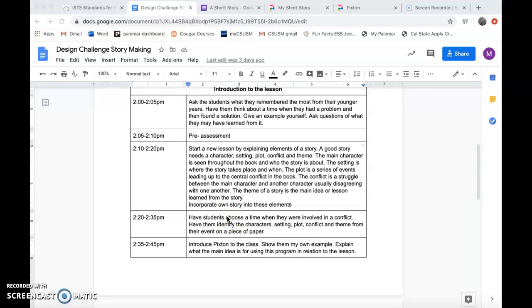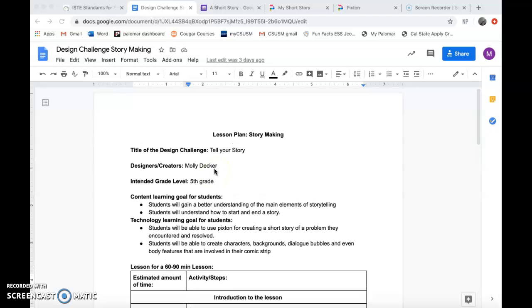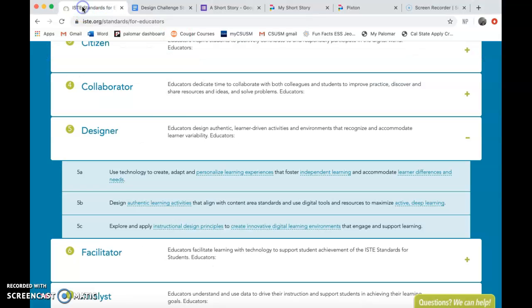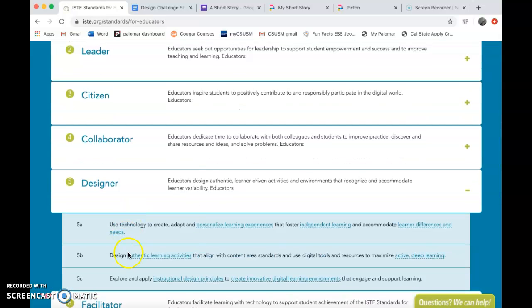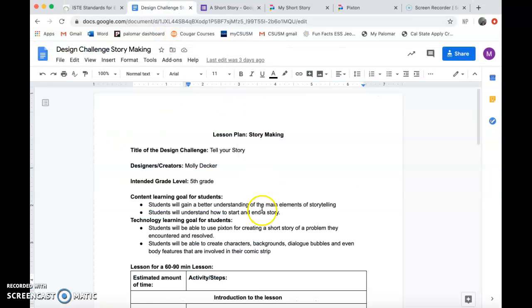Today's design challenge is for 5th grade students making a story of their choice using Pixton. The story is going to address the ISTE standards for educators of 1A and 5B. This is going to be a 90-minute lesson